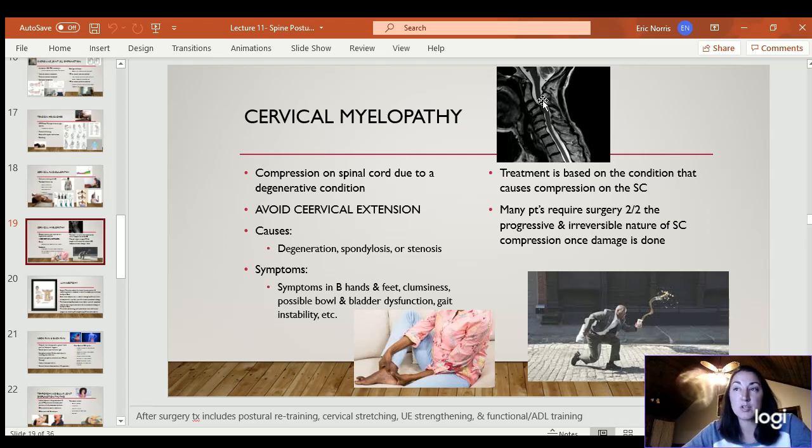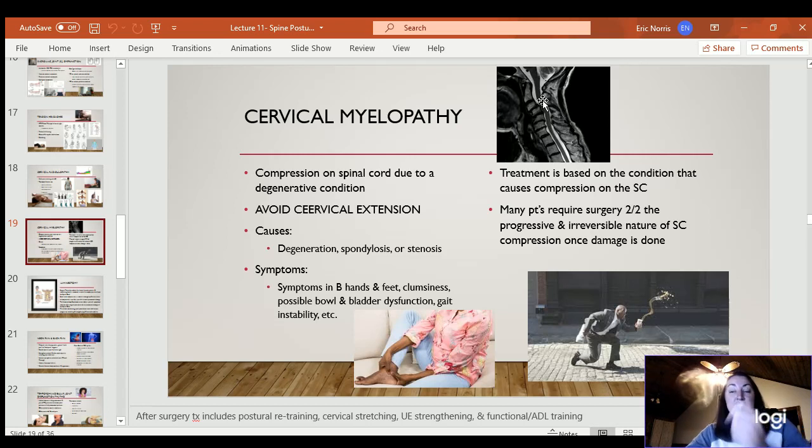This can be caused by degeneration, spondylosis, stenosis. Any of that could compress on the spinal cord. So typically symptoms are in both hands. It could also go down to the feet because remember, it's passing all the way down. So wherever it starts, you're going to have symptoms from that point and below. So it can be hands and feet, may have clumsiness, even some falls,